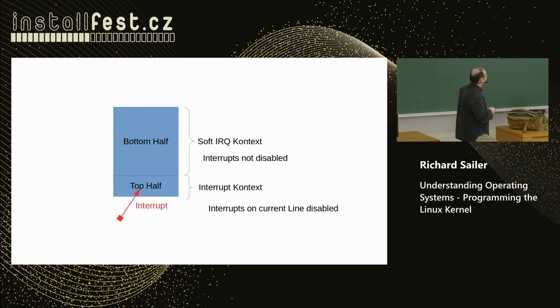And that's the important thing if you are in the soft IRQ context. You are still in interrupt context, so what I explained before about the two pages on the you-may-not-sleep rule is still true. But your interrupts are not disabled. So it's like a compromise between the two extremes that you sometimes need. The best example is that most network code runs in this soft IRQ context. Most TCP, UDP, or IP handling is in this medium urgent context, so to say.